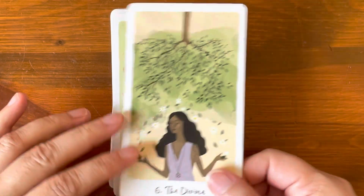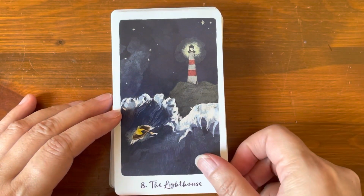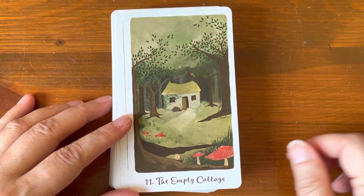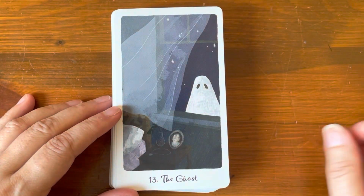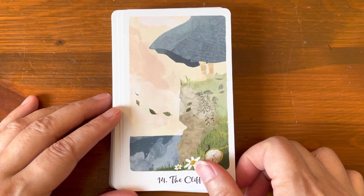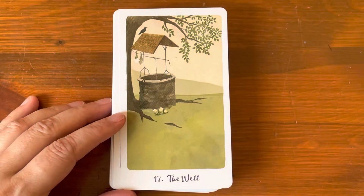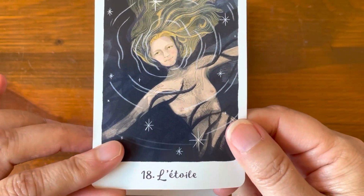The Divine. The Lovers. The Lighthouse. Dawn. Dusk. The Empty Cottage. The Fairy Ring. The Ghost. So traditionally that would be card 13, Death. The Cliff, Grace, not the Grace, just Grace, the Crow, the Well, I don't know how to pronounce that, Latoy,